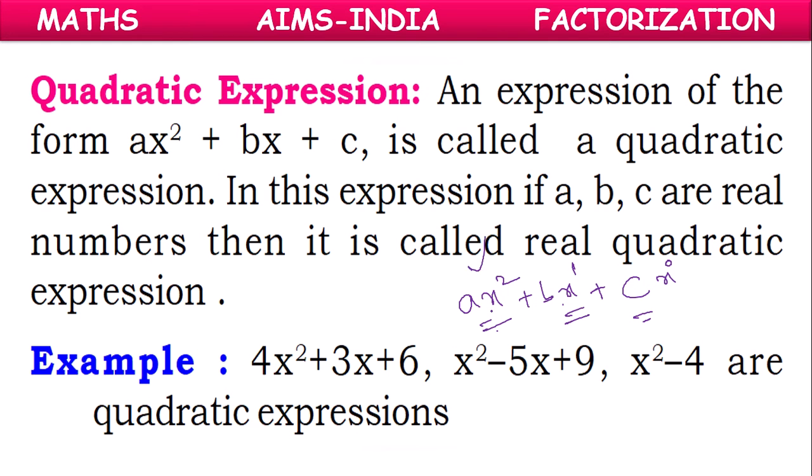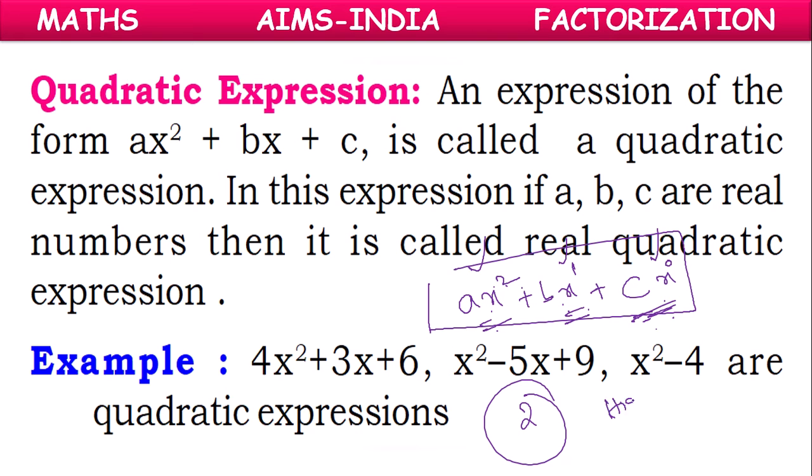We have the x square term, the x to the power of 1 term, and the x to the power of 0 term, which is nothing but a constant. Out of all the 3 terms, if the highest power is 2,